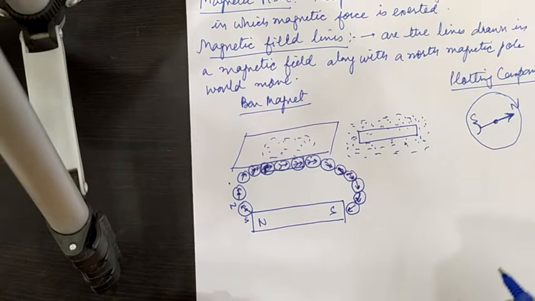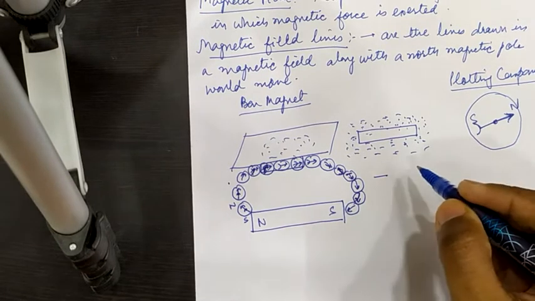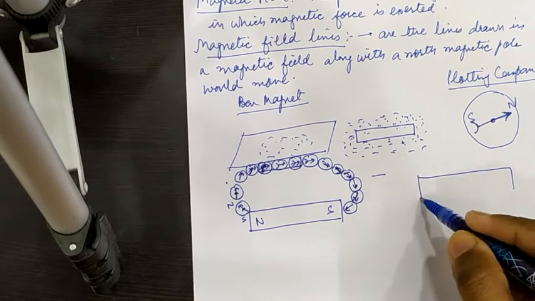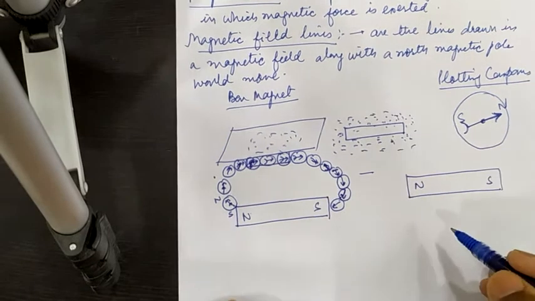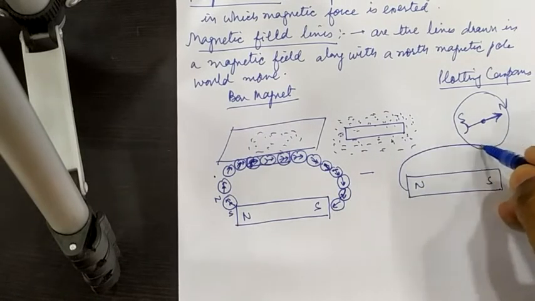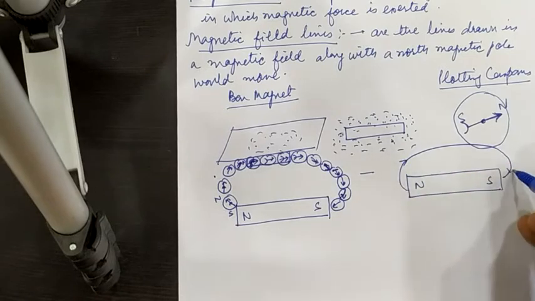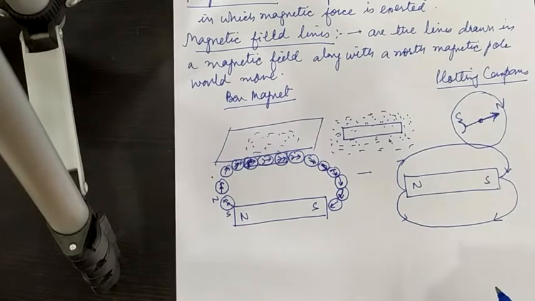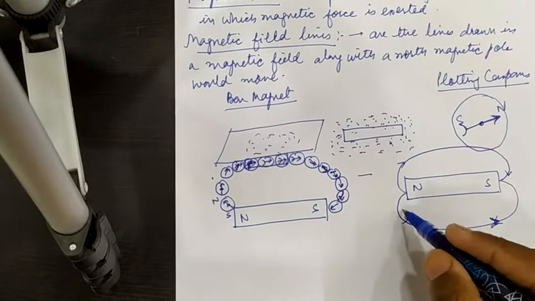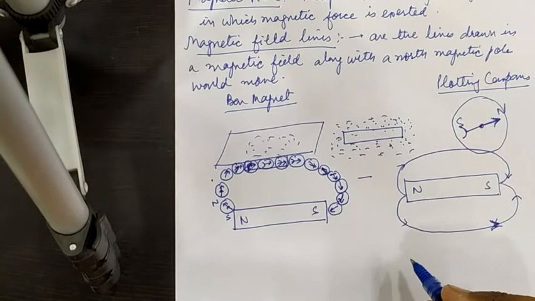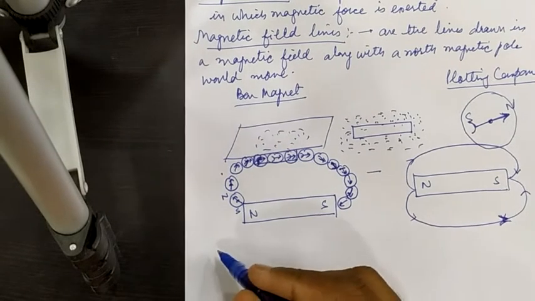So what will be the characteristics of these magnetic field lines as you plot them? In general you will see that the magnetic field lines are like this. This is the magnetic compass. So they originate from the North Pole and end towards the South Pole, as you can see here. Like this, it is coming from north and ending towards south. So what are the properties of such magnetic field lines?